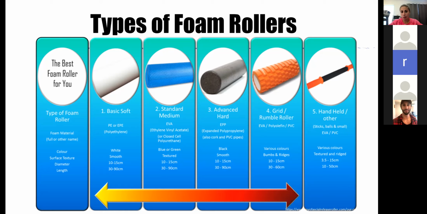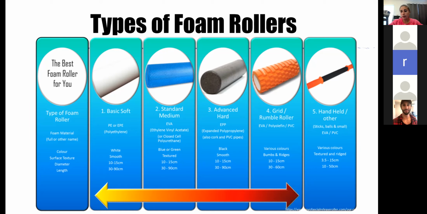You won't find those everywhere to start off with. And then you could progress to the rumble type roller. The ones we had in the lab were orange and black. I believe there's also a green one, or it's green on the inside, and the foam is even a little bit more gentle. If that is too painful for you, then you're going to have to start with something